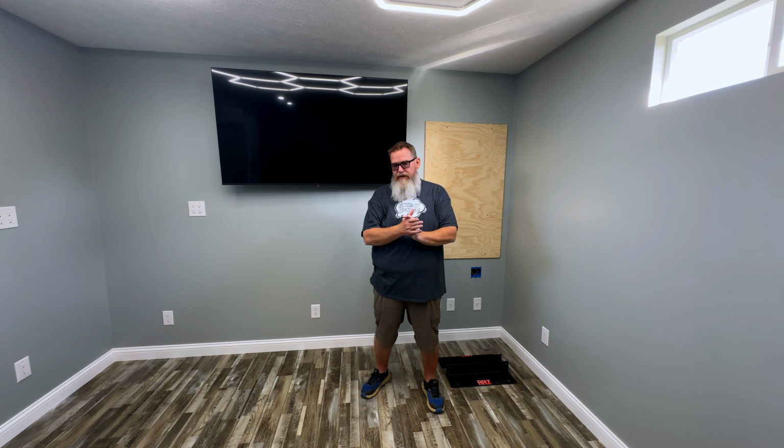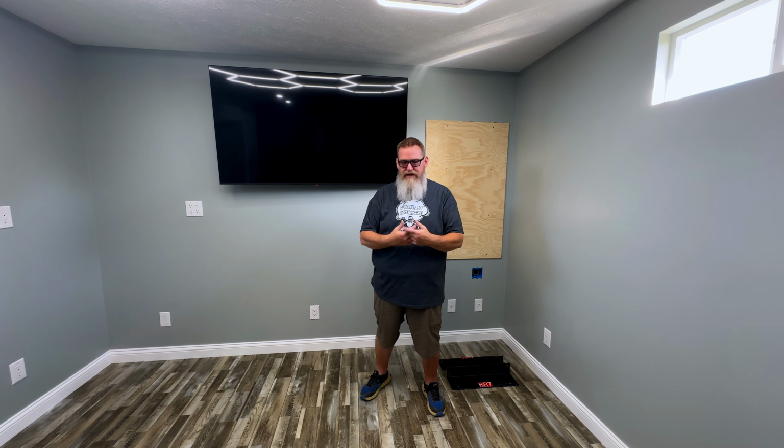The building is finally done. I say that like it took forever. It didn't take forever. The guys did a really good job. There are just a few minor things left, but the building has been turned over to me. We're going to call it a prepped canvas, ready for us to move to this next phase, and that's actually